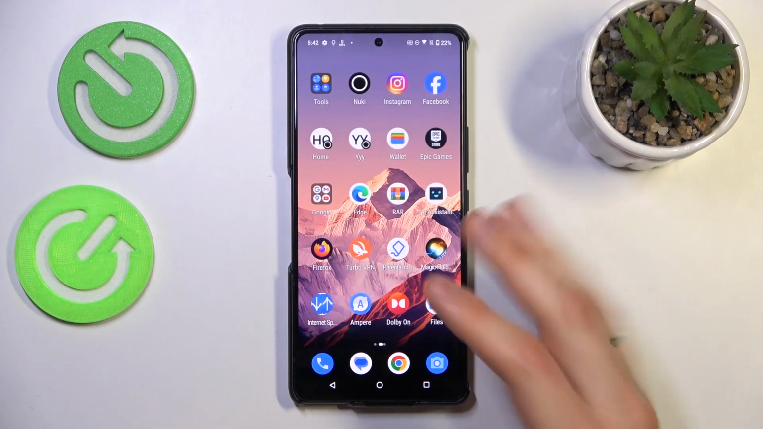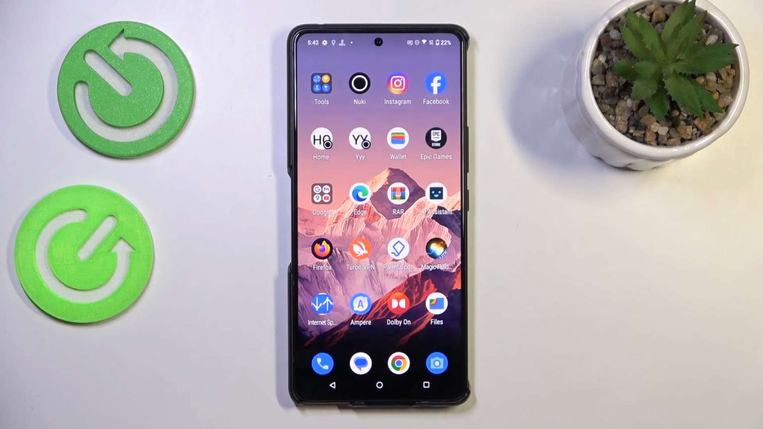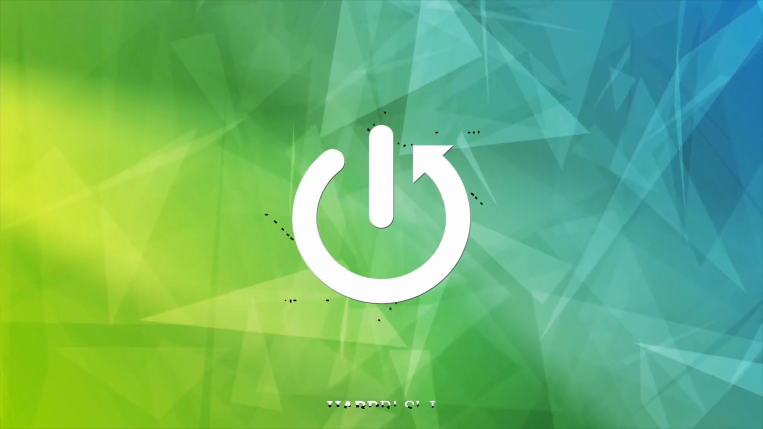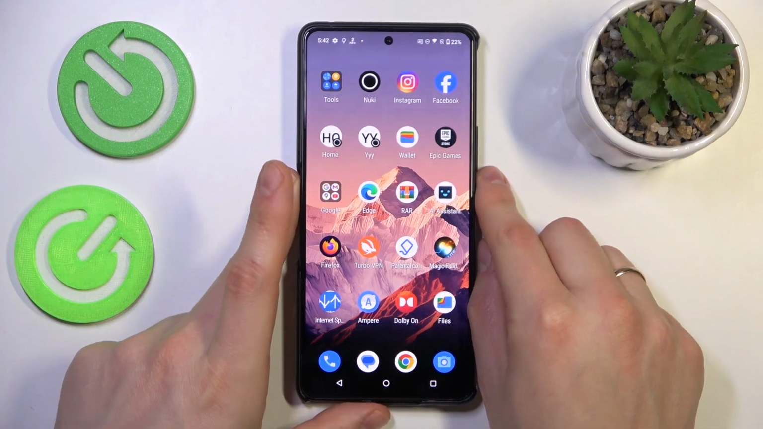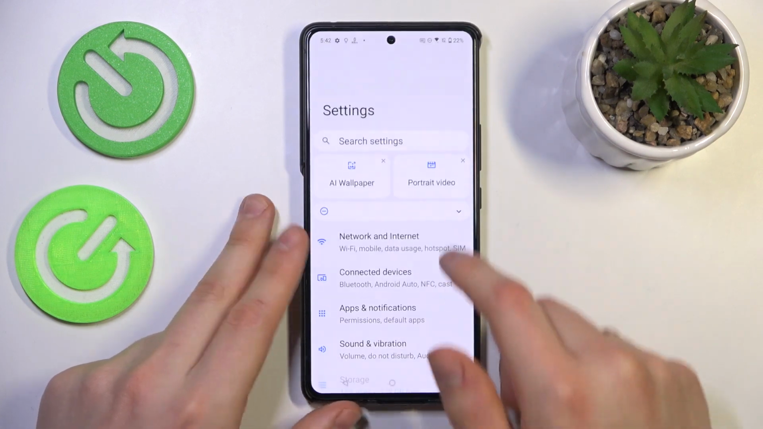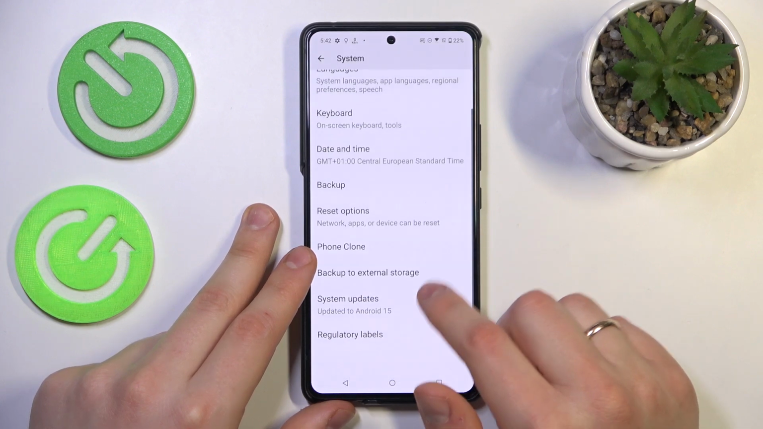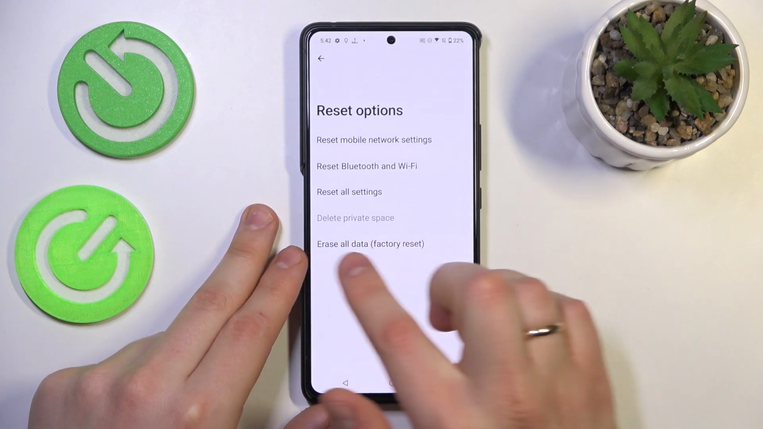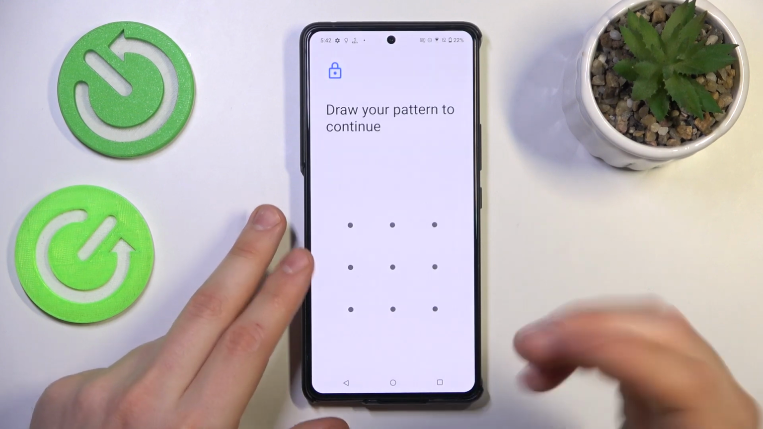This is ASUS ROG Phone 9, and today I'll show how you can factory reset this device through its settings. So at the start, you will need to launch the device's settings app. Next, scroll all the way to the bottom and enter the system category. Now go into the reset options, select Erase All Data Factory Reset, then press Erase All Data,